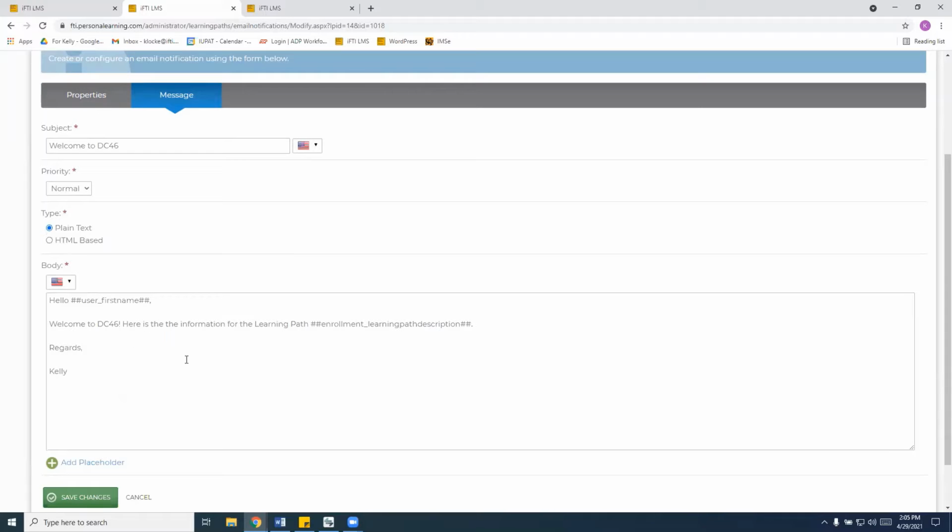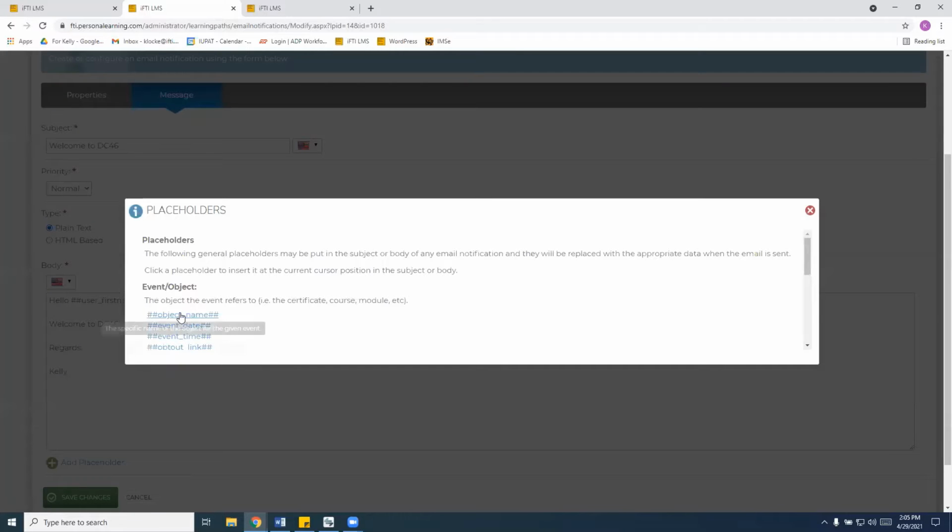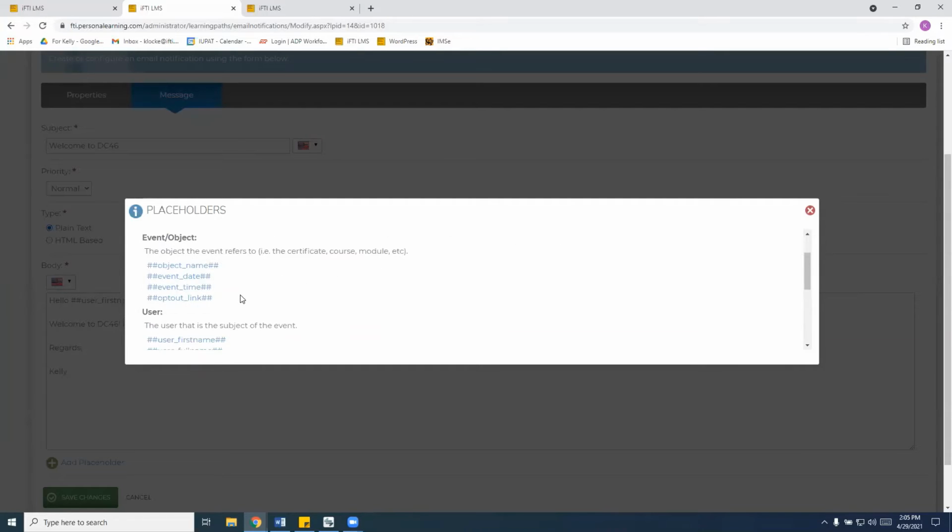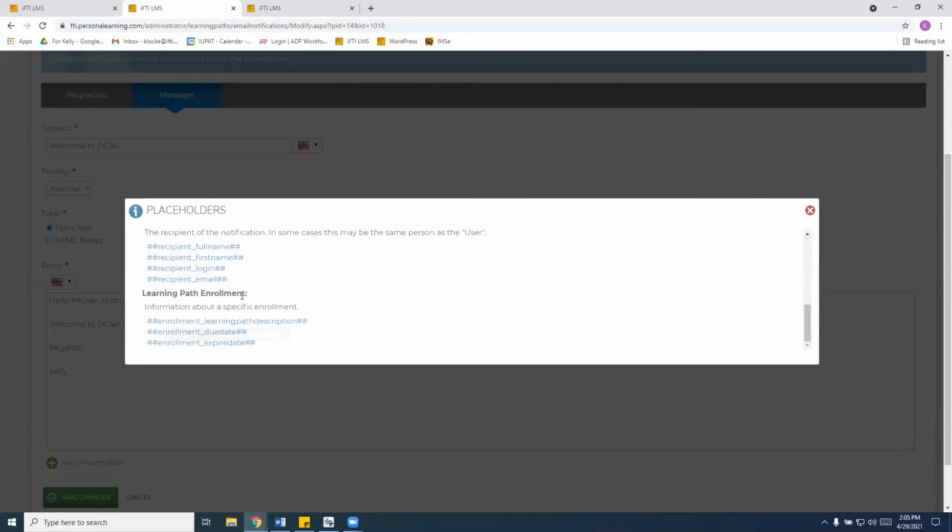Now, there are some options here called placeholders, and this will be auto-populated information. So we have hello and then the user's first name. So we simply go through the placeholder here, and you have options for event or object, the user, which is where we took the name, the recipient, so who's receiving, and then learning path enrollment as well.